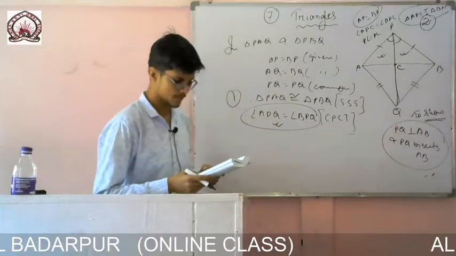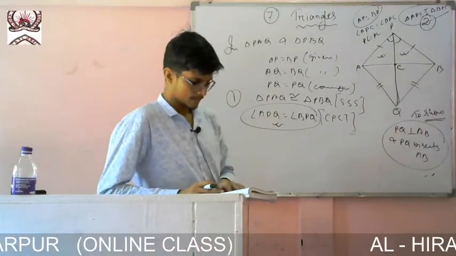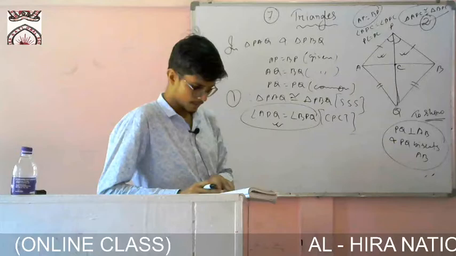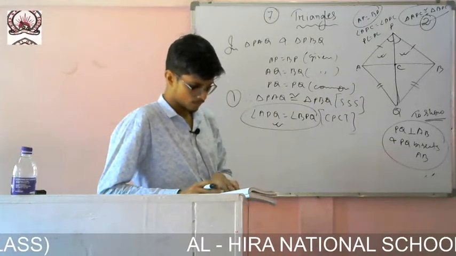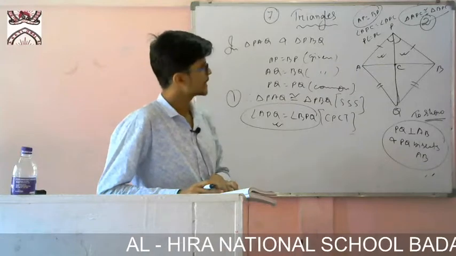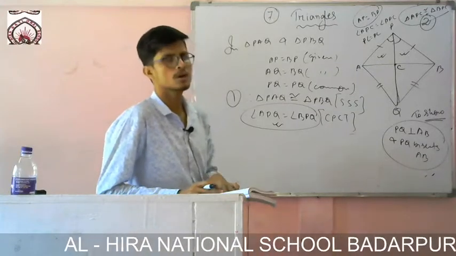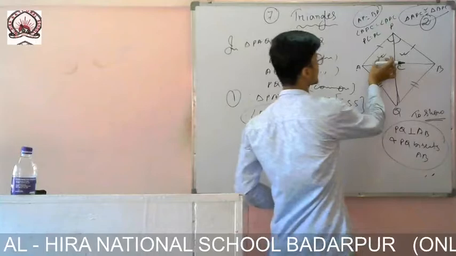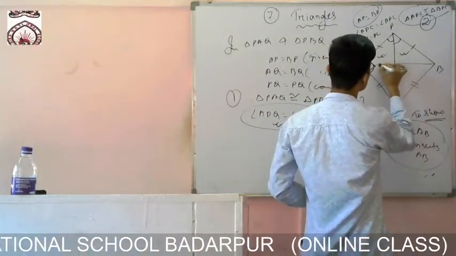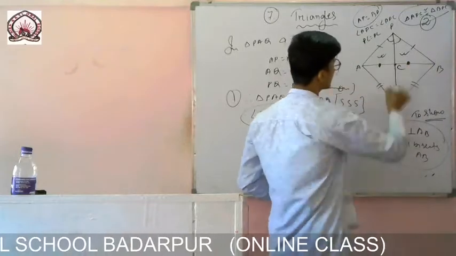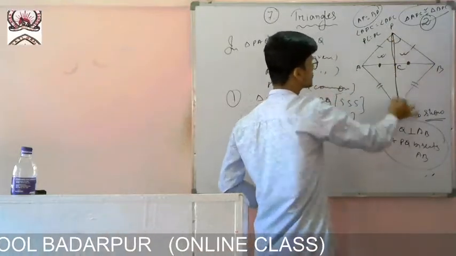So now you see in your book what you have done, that they have written that these two triangles are congruent. So if it is congruent, then AC will be equals to BC. Why have I proved that this one is congruent to that one? Because I want to show that this part is equals to that part. Then only I can say that this line passes through the midpoint.